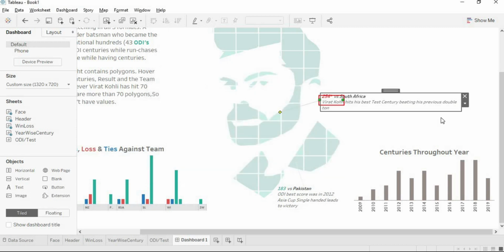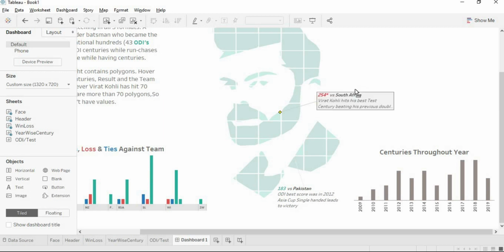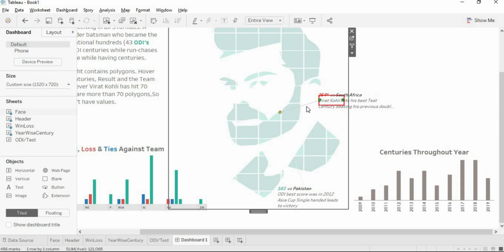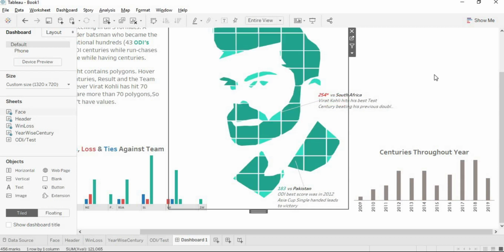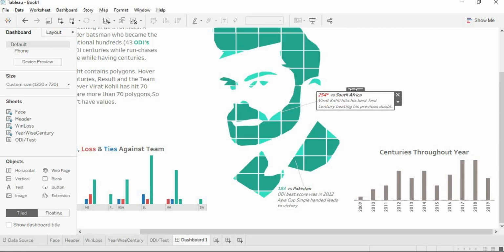Okay, that's it. That's enough. Just increasing its height so that entire content is visible. Yeah, that's it. And reduce its width.